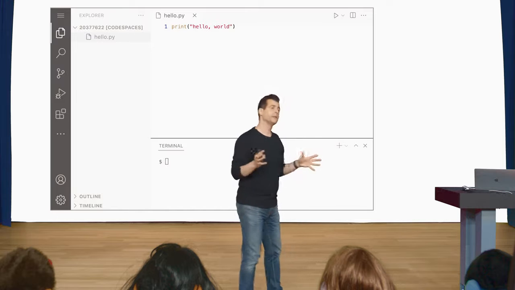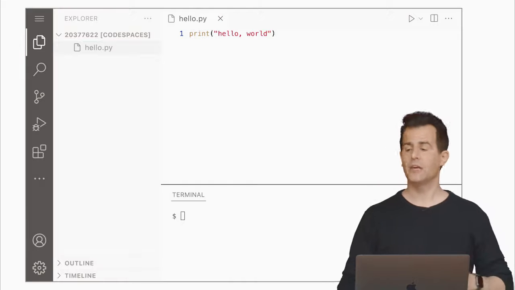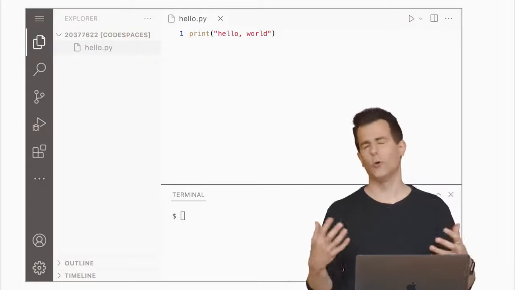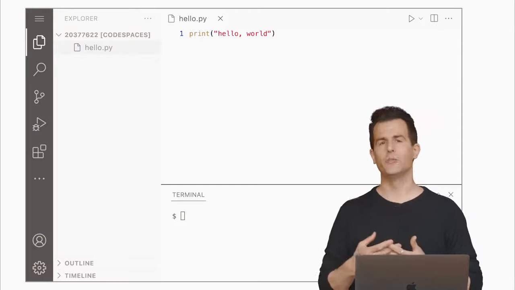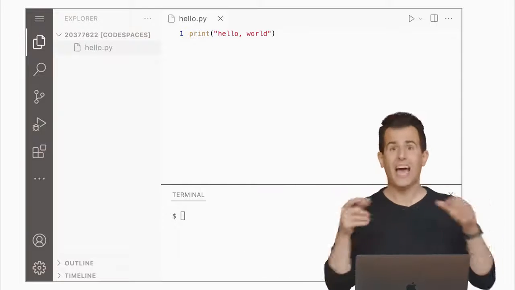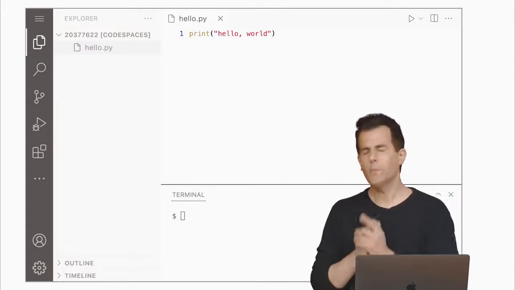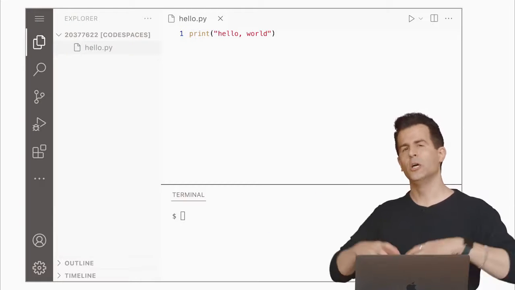The interface you'll see typically looks a little something like this, whereby you'll have at the top left-hand of your screen a file explorer that allows you to see all of the files you've created over time in your account. You'll then have the ability at the top to actually write code by creating one or more tabs in which to write your programs. And then perhaps less familiarly, at the bottom of the screen, you're going to have access to what's called a